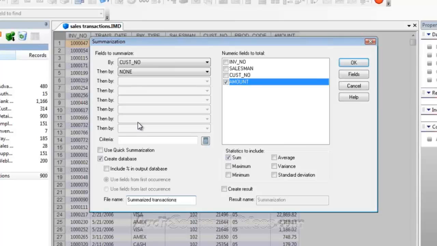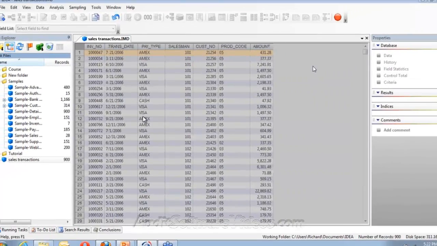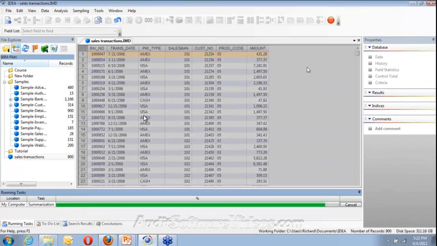Obviously you can name it anything you want. I'm using summarized transactions simply because that keeps me in line when I want to clear everything out before the next training course we run. Okay. If I say OK now, we can see there's my customer numbers, there's the number of records, and there's